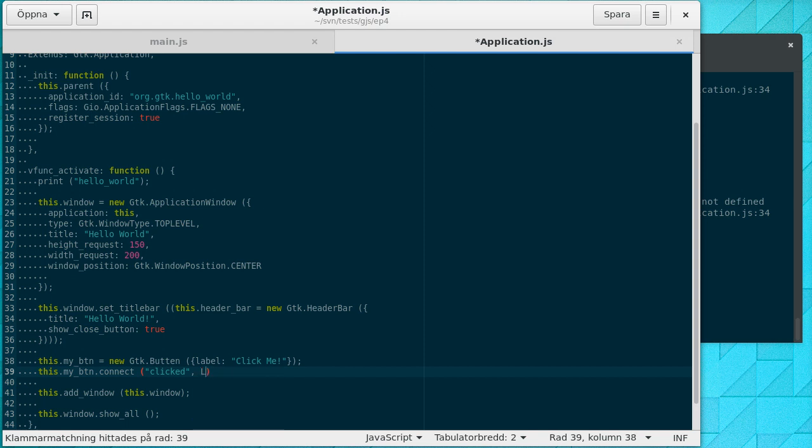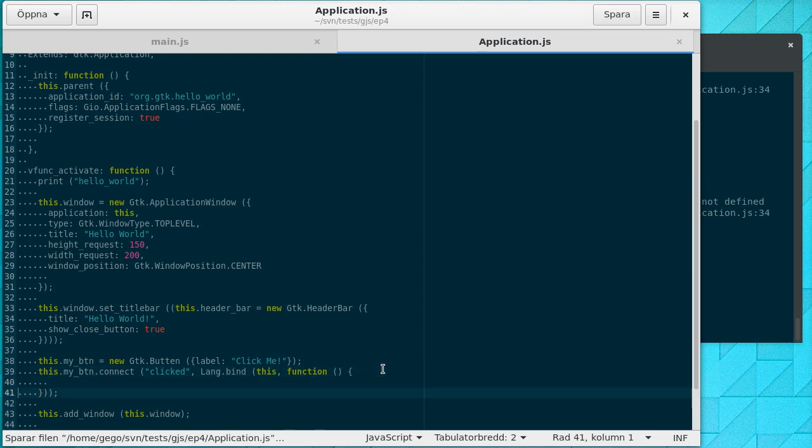So it's lang dot bind this and function, and in here